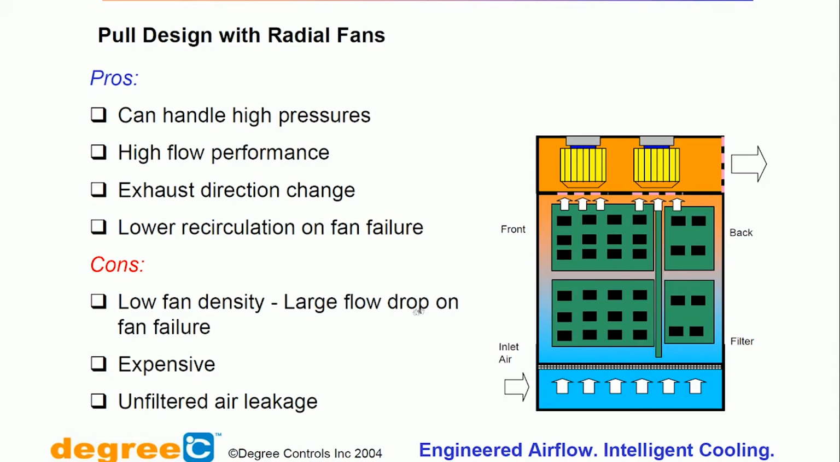Low fan density, large flow drop on failure, expensive, unfiltered air leakage. You see, the whole cabinet is like a plenum chamber. It is at a lower air pressure than outside. So, the first thing that happens is it acts like a